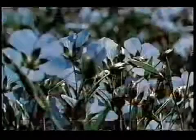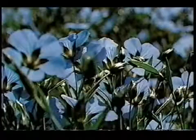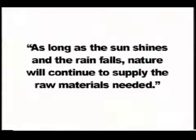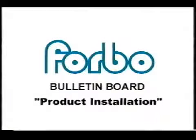Bulletin board comes from all natural ingredients such as rosin, wood flour, organic pigment, linseed oil, limestone, cork flour, and jute. These ingredients require a relatively small amount of energy for extraction and are manufactured from almost inexhaustible raw materials. It can be accurately stated that as long as the sun shines and rain falls, nature will continue to supply the raw materials needed. So let's get started and find out more about what you need to know for installing